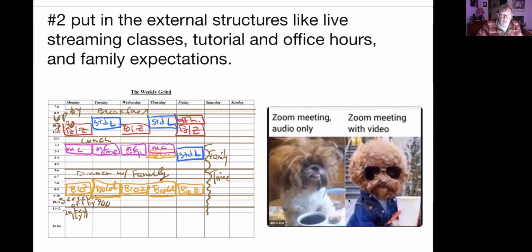Put in the things that are going to be really routine, that are really externally structured for you, okay? And then you can actually plan on whether you're going to look like Zoom meeting audio only or Zoom meeting with video, okay? So that's the second thing that I want you to do, and this is what her weekly grind looked like with